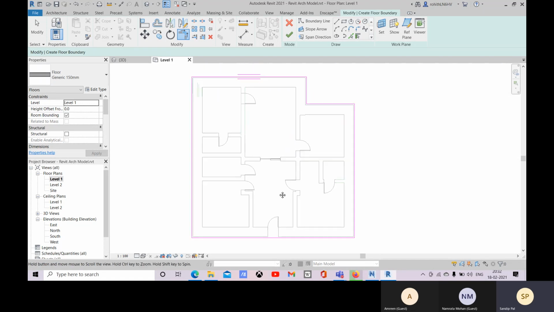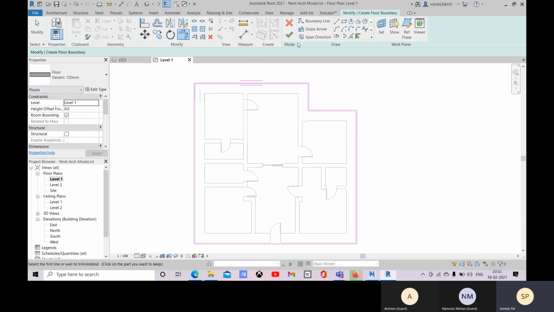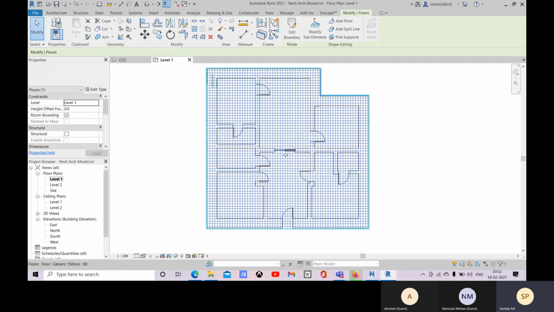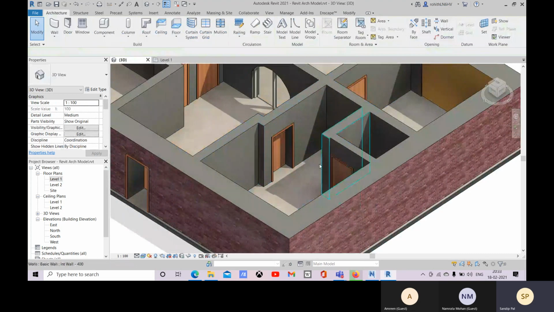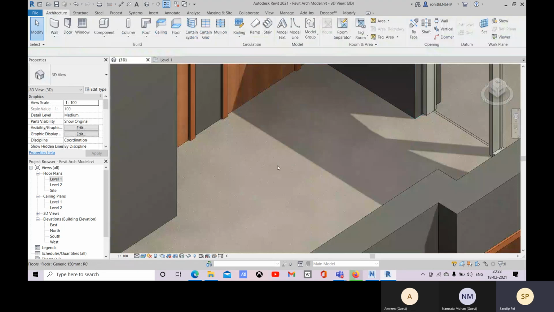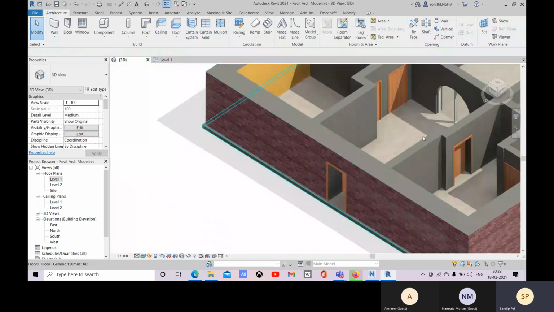So now you have created your floor. Okay, it's done. So you select this floor and you check that all the properties are set properly. It is done, and you can check in 3D as well. So this floor you have created.